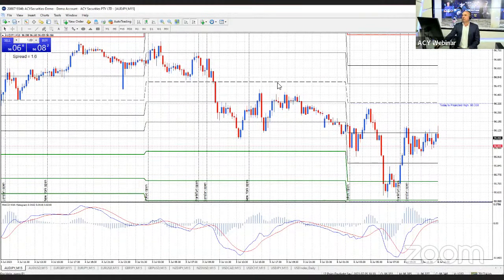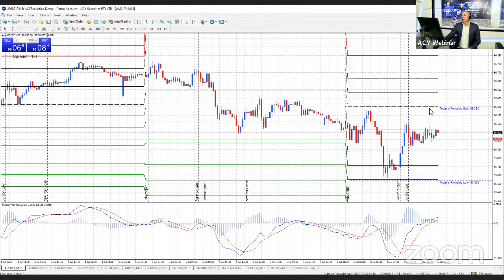What you'll see on your page here is all these pivot lines, allowing you to have intraday support and resistance levels. It also shows you when market sessions are opening, when volume is starting to hit a market. So you'll see here, Frankfurt and London just opened a few hours ago.